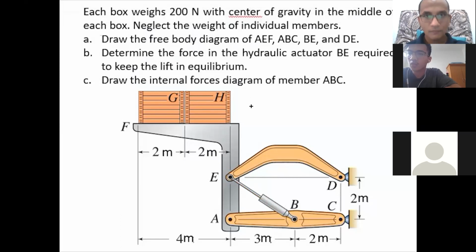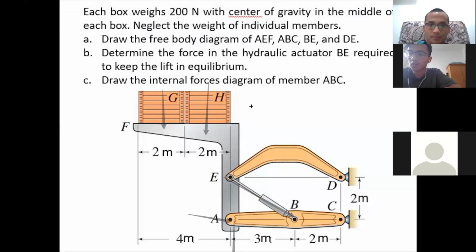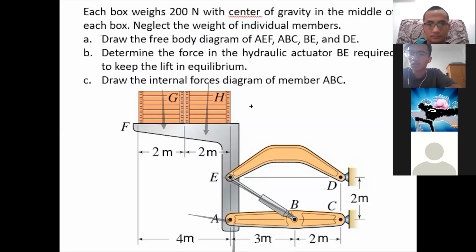AEF, AEF, ABC, BE, DE. Okay. So what is your question, Abiyat? The force due to ED, AEF, would it be pointing horizontally to the right? What do you think about it, Abiyat? I think it would be pointing horizontally to the right. I'm not sure. Why? Because usually if there are two force members in the shape of an L, they take the